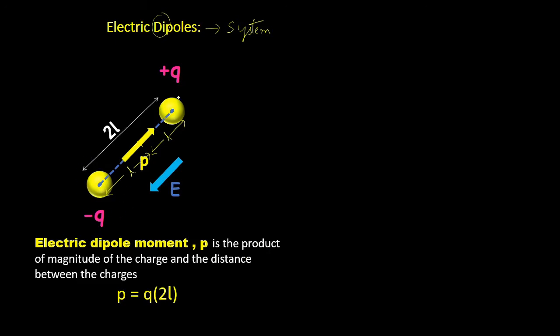So these are two charges of equal magnitude. I need to take only the magnitude, so the magnitude will be q and the distance between the two charges is 2l. If you multiply the two factors, whatever number I get will be called the electric dipole moment. This dipole moment is a vector, and the direction will be from the negative charge towards the positive charge. So the direction of the dipole moment p is from